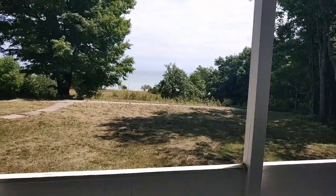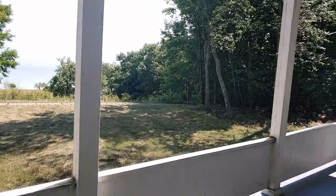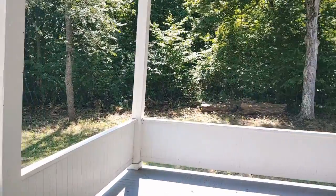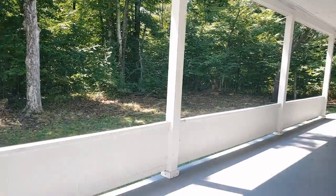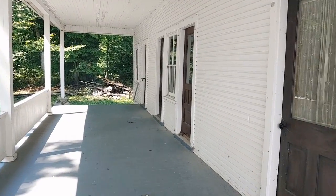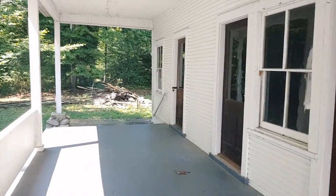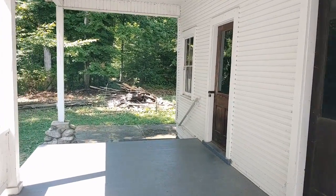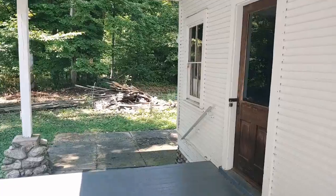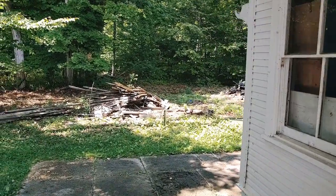And there you can see out onto the Manitou Passage. This was open in the past. There weren't all these trees. Of course, there is one older tree there, but there was no vegetation out in front of these originally when they were built. And this is interesting, this house has 4 doorways here onto the porch. And again, it was originally built as a single-family summer home, but eventually Katie did have it changed over to